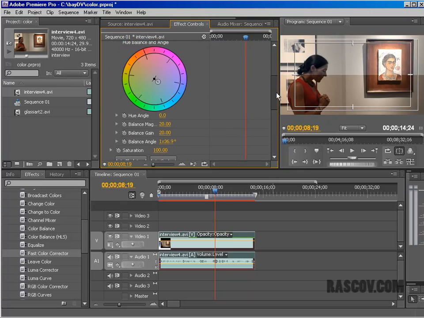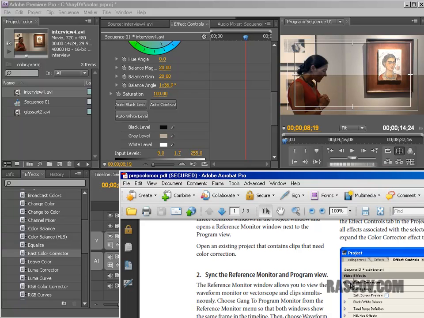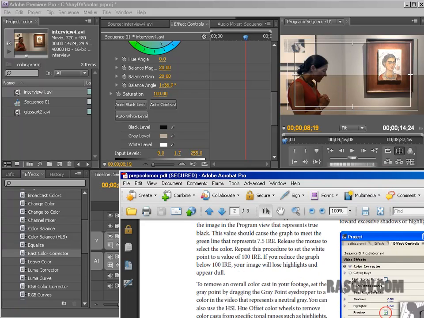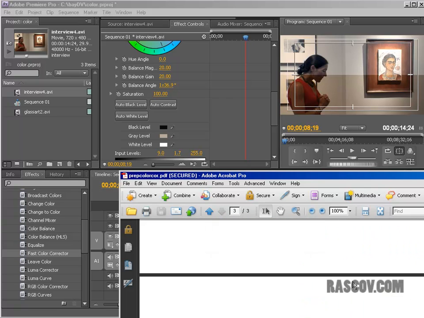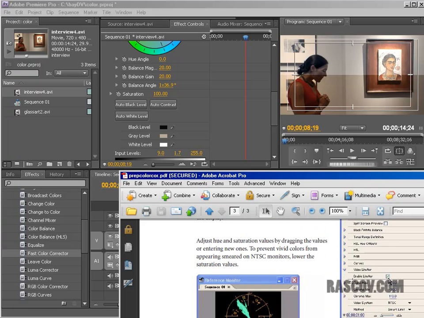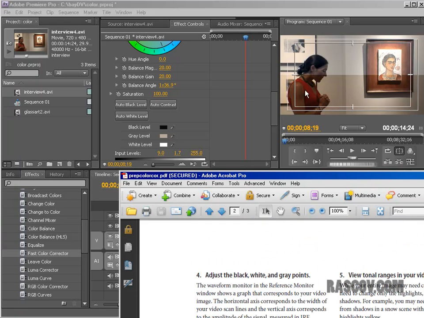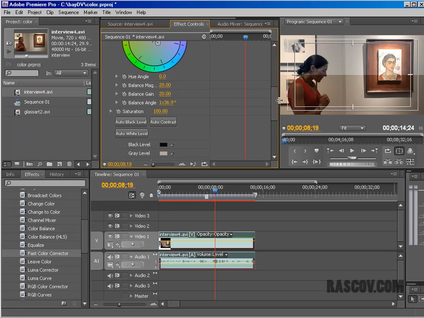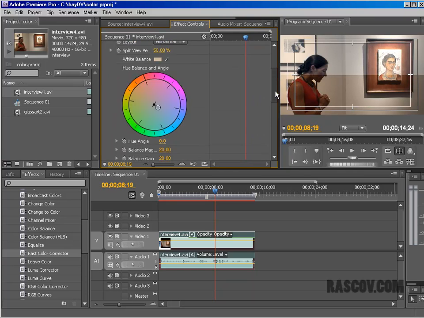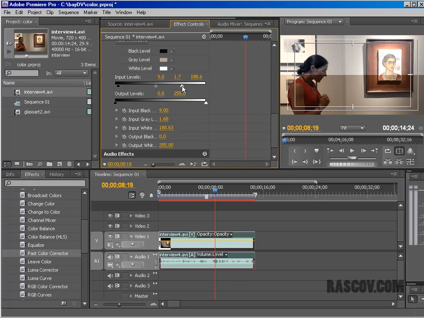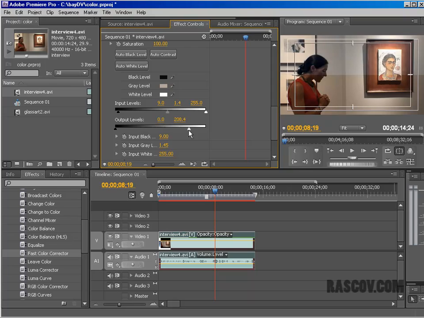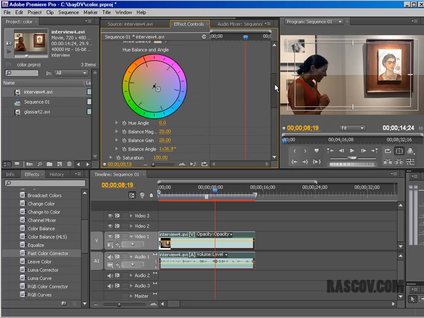Well, I would try maybe with the example that they have here in this handout. Maybe I need different footage. I've done this successfully before. Read the handout and see if you can use this color corrector here. Next video I'll show you more of how to get the film look using some of these options, and we'll use some of Harvey's techniques to get us a film look. But it looks like, the way that they have it in the handout here, this does work. I have used it before successfully. It's just with this footage it doesn't seem to be working for me as well as it should,